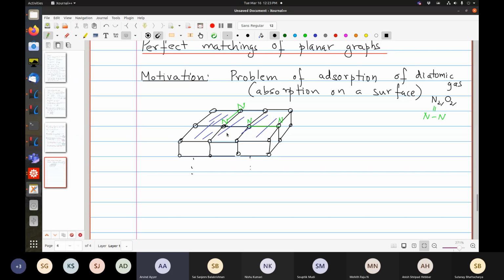I'm deliberately avoiding some buzzwords, but I hope you get the point. At the end of the day, we want to count how many perfect matchings there are. So at the end of this long story, what is the aim? The aim is to count the number of perfect matchings